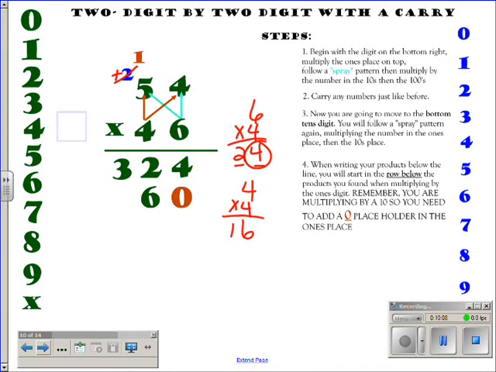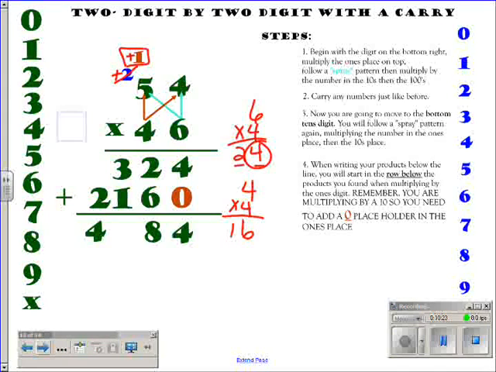Now we're going to go 4 times 5, and we're going to add the second digit that you carried. 4 times 5 is 20. Plus 1 is 21. I'm going to add those together. 4 plus 0 is 4. 6 plus 2 is 8. 3 plus 1 is